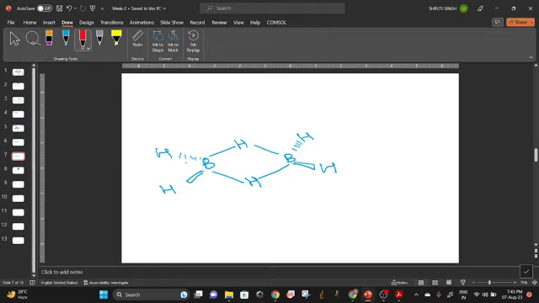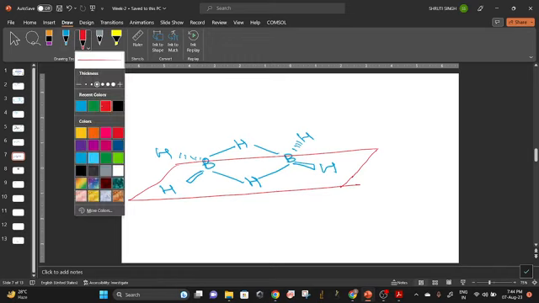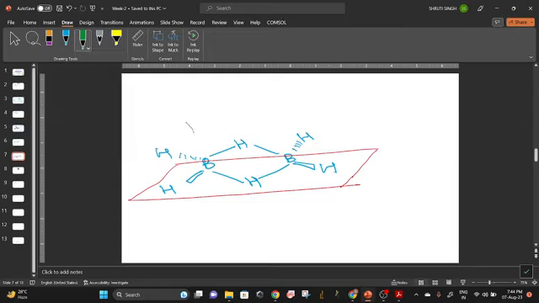Now this first one I am drawing is the plane in which both the boron atoms are there. Now another one in which the H atoms are there, the green plane. Sorry for this. These are all straight planes, not curved like the one I have drawn. Two perpendicular planes,